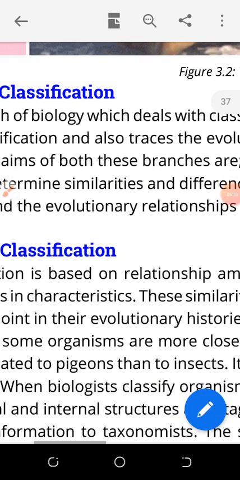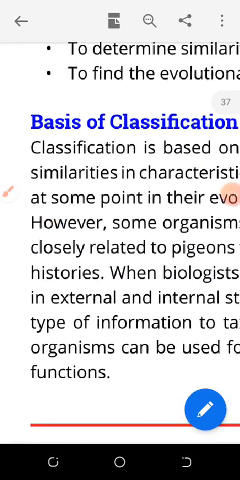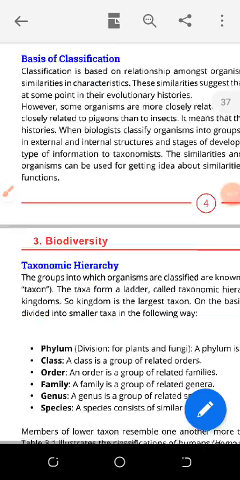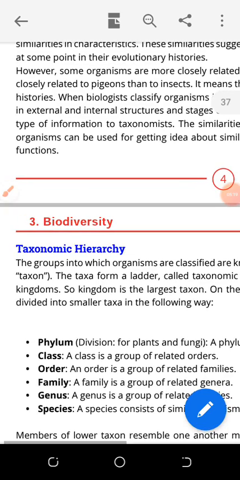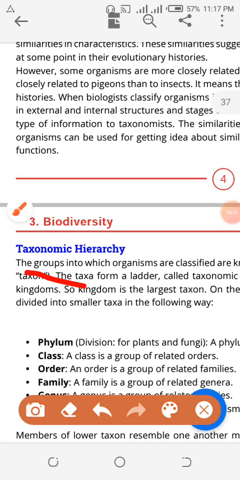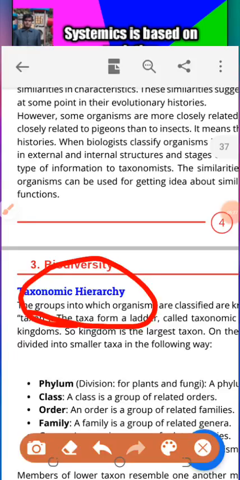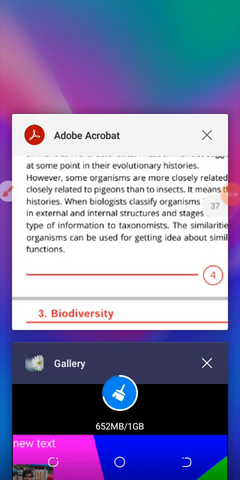We go back to classification. What is classification? First of all, you have to understand the taxonomic hierarchy. Taxonomic hierarchy, H-I-E-R-A-R-C-H-Y. The details about the systemic, you got the idea. Systemic is based on evolution. These are my details. You can ask me any question, but let us go back to other things. Lecture number 11. I just want to tell you the taxonomic hierarchy now.